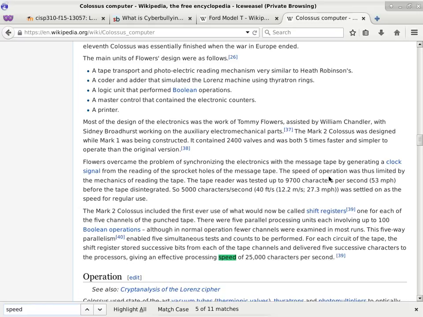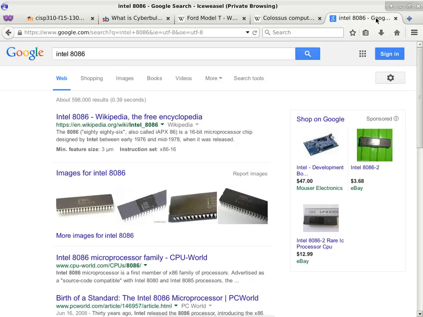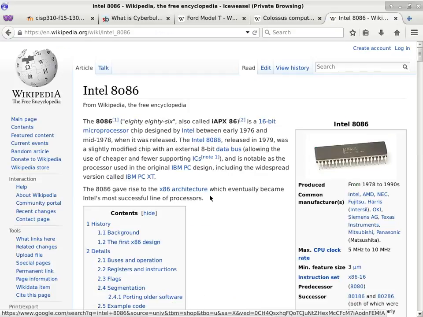So what we'll do instead is look at modern day computers, the x86, the 8086 processor. When did that come out? Intel 8086, which is the first processor used in IBM PC computers. All right, so that's the chip. When is the time again? 1976. We have an 8-bit processor operating at about 4.7 megahertz,